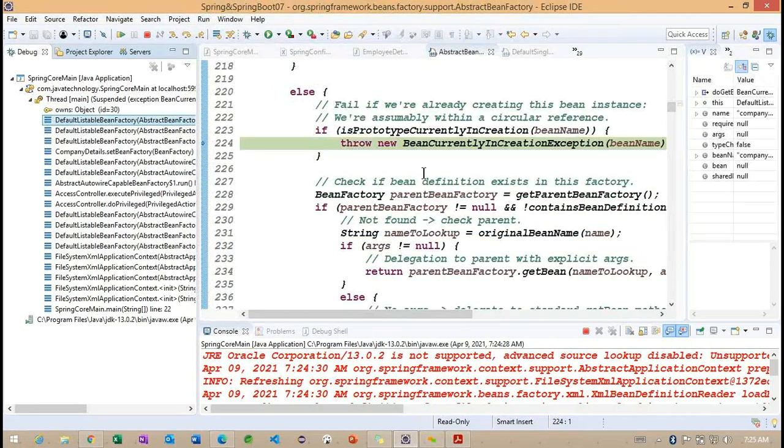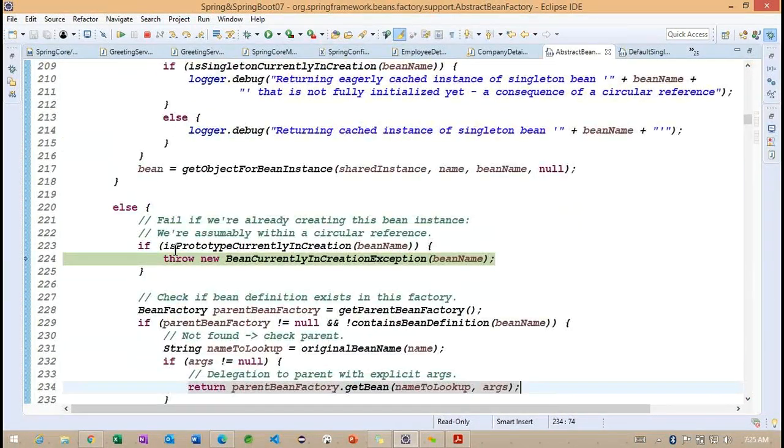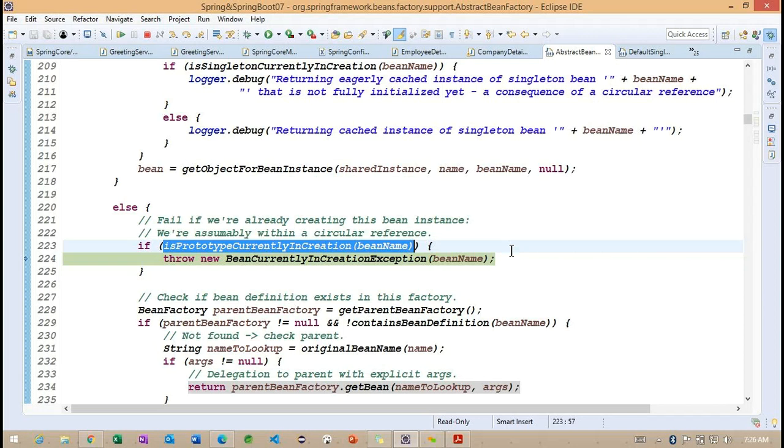So we need to read why they made this condition. If you observe, for this prototype creation based on this bean name, we are getting an error here. Now we are presumably within the circular references here. Fail if we are already creating this bean instance.